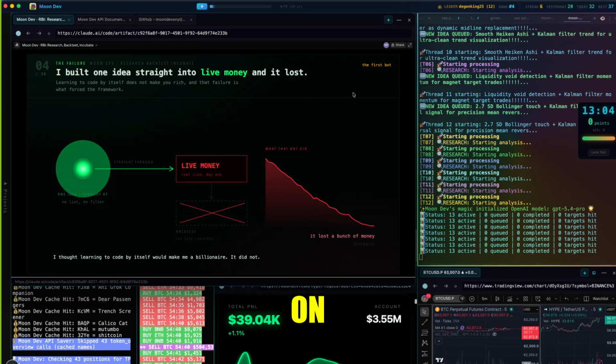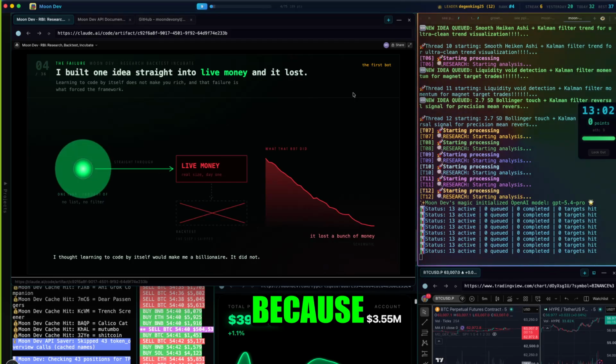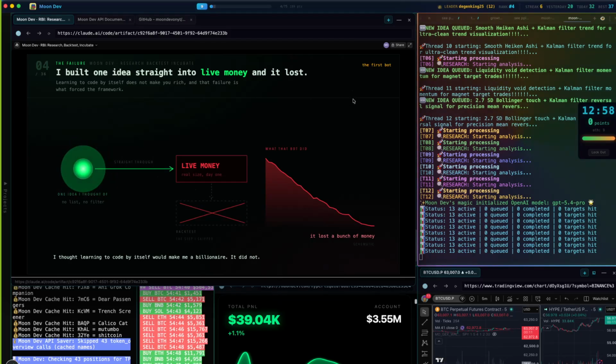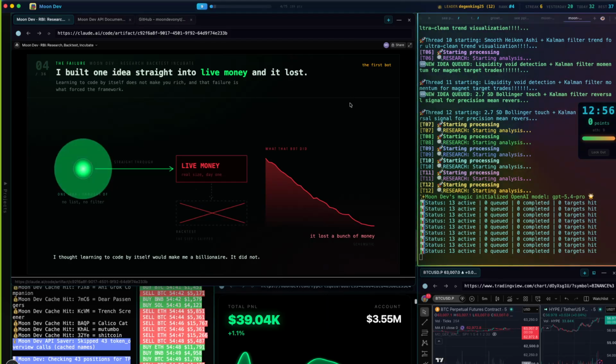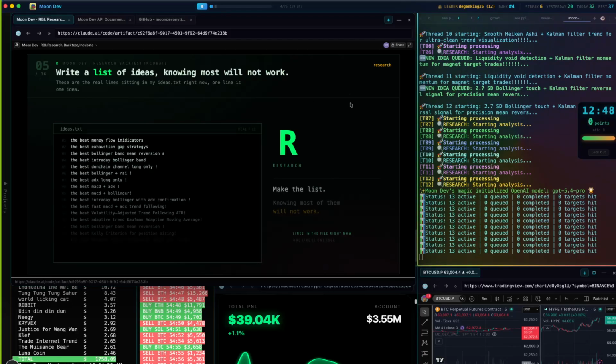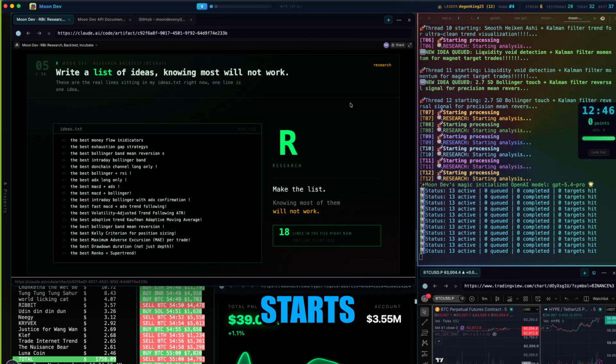I spent 10 G's on my first bot. I just deployed it. I thought just because I know how to code, I can be a billionaire. And that's just not true. You actually have to have ideas. I went straight live with the money. But that led me to a place that I'm 6 years in now, and I have a framework that works for me, and I can show you everything along the way. Essentially, the framework is this. It starts with an R.